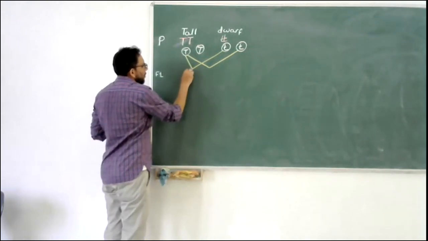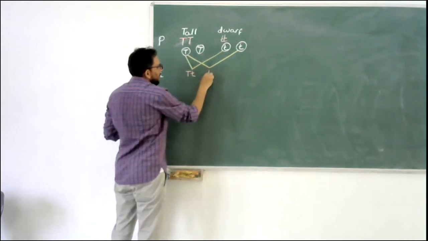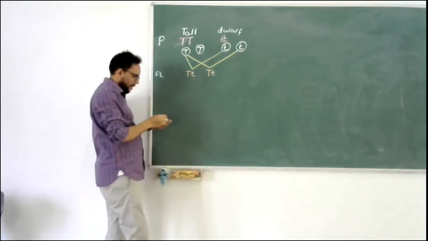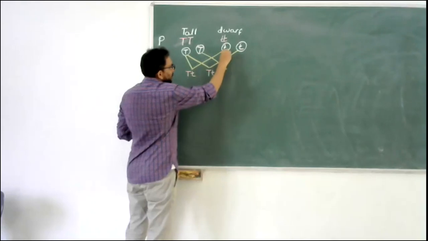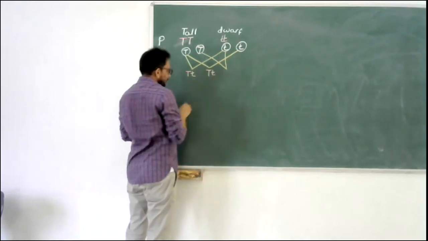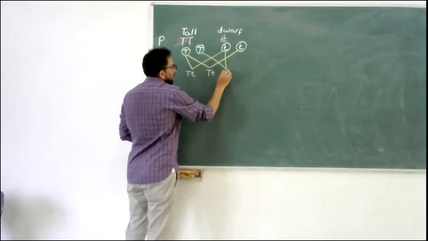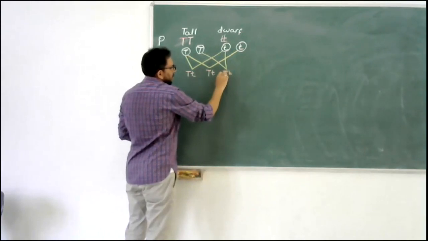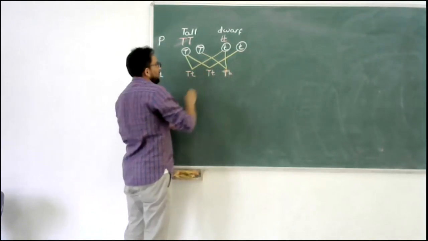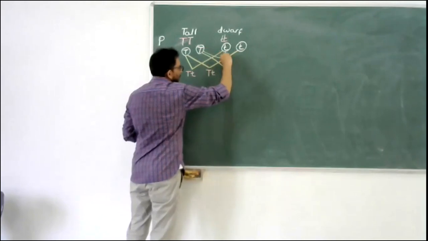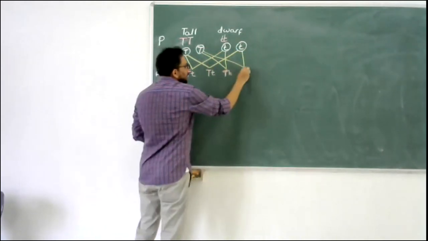So what we will form or get in terms of offspring is capital T small t, capital T small t. Now, the other possible combination with the other gamete is this, that is again capital T small t, and with the last possible combination, what we get is again capital T.